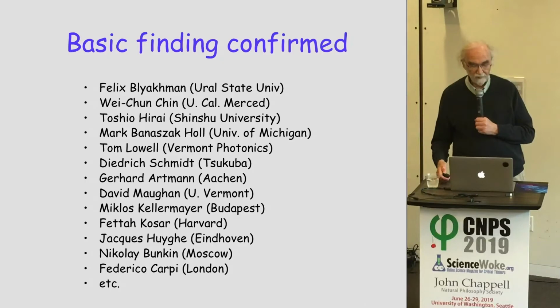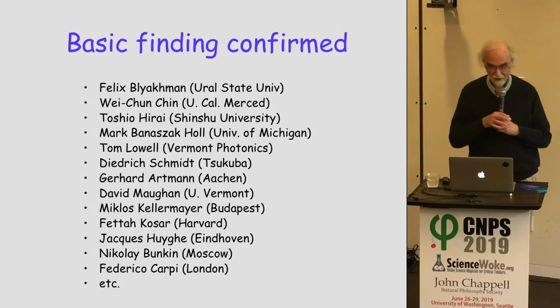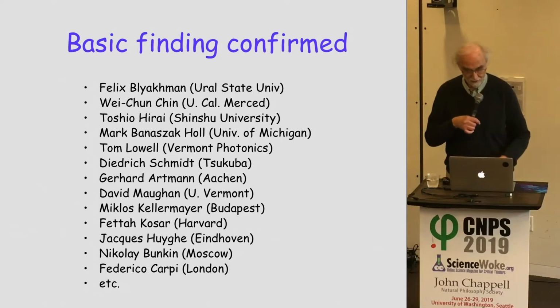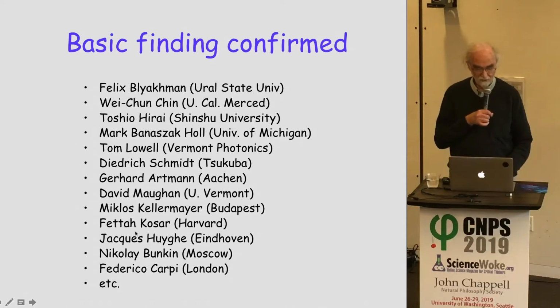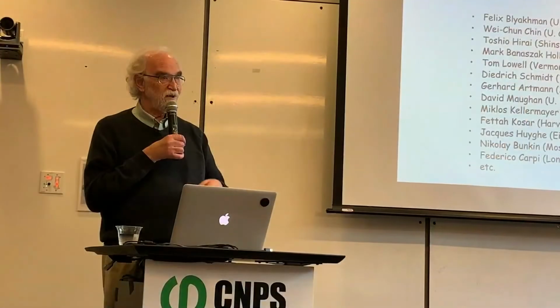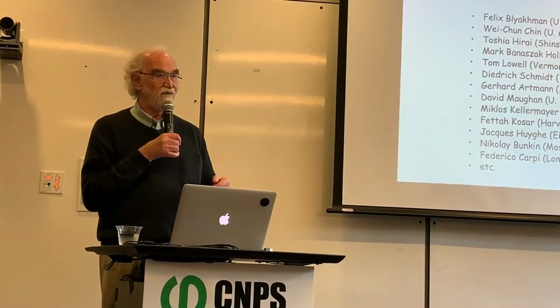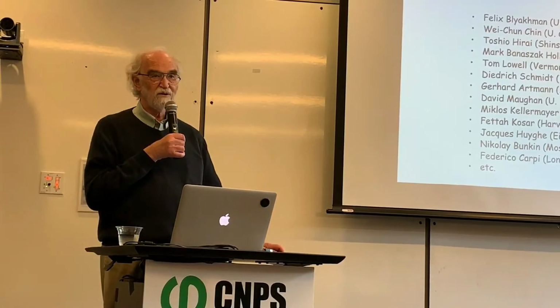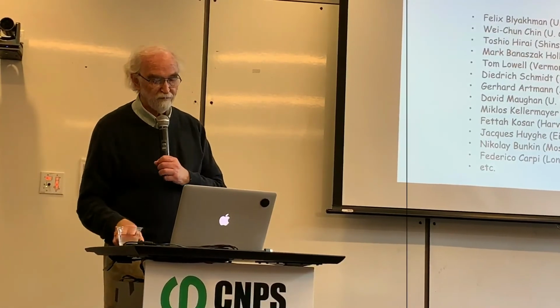well, the finding, a lot of people got interested in this, and this list was created, I think 5 or 6 years ago. These are some of the laboratories that have confirmed it. By now, many more. It turns out it's not original. It turns out in 1970 in the Journal of Physiology, London, some investigators were studying the lens of the eye, natural lens and artificial lenses, and they used microspheres and other particles, and they found it's exactly the same finding, even the same size roughly as we found. So it's not a new observation, it's an old one.